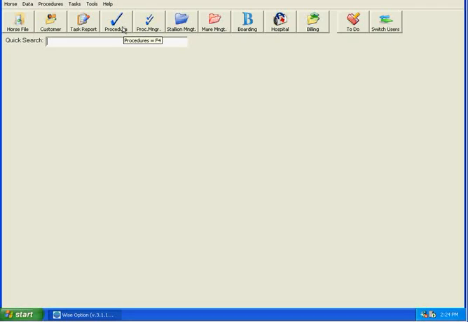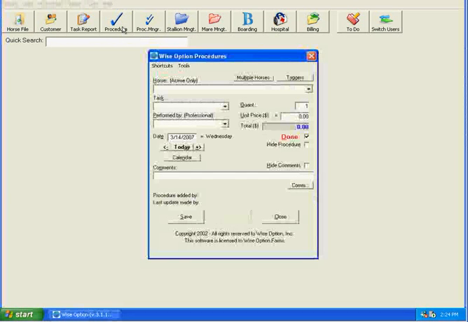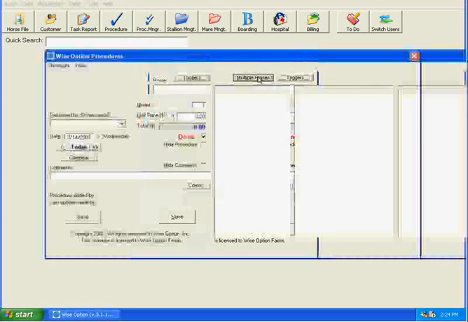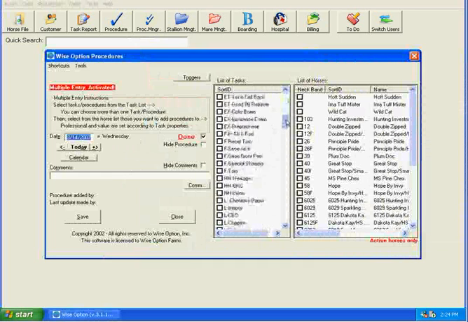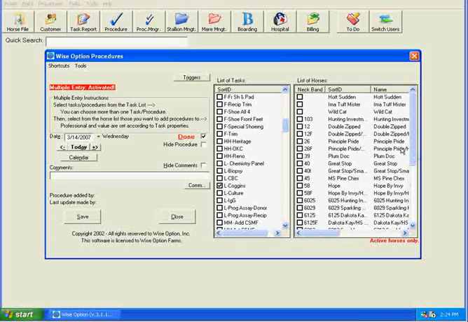Now for the multiple horses, I'm going to go again to the procedure button on the main screen, and I'm going to click my multiple horses. This is a shortcut to the multiple horse entry form. I'm going to select the date, whether it's done or not, whether it needs to be a reminder, in other words, and maybe we did 8 Coggins on this day. I'm going to go down and select my Coggins as the task to be performed, and I can go through and select the horses which I pull the Coggins on. So if those are the horses that I pull the Coggins on today, I can go ahead and save this, and it will record all of those procedures on each one of the